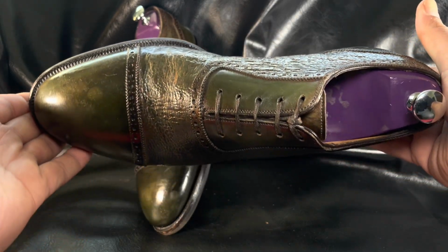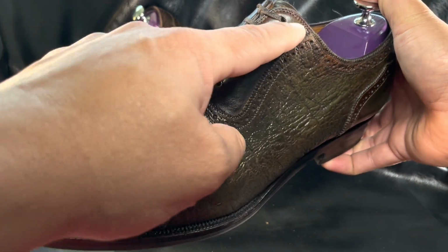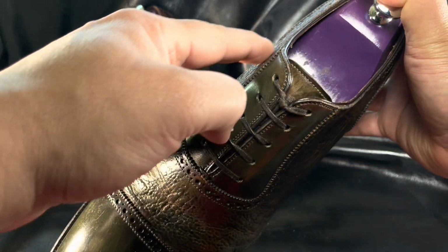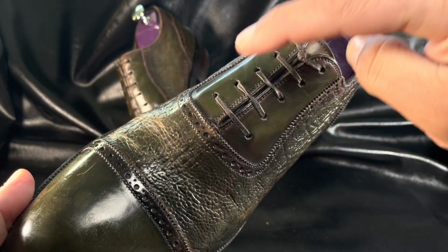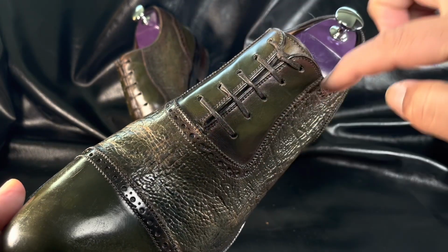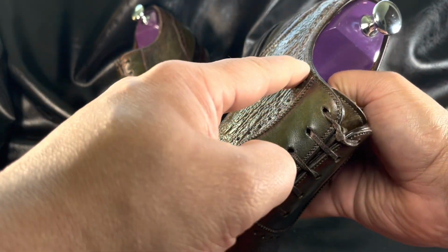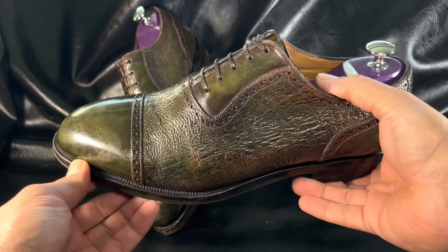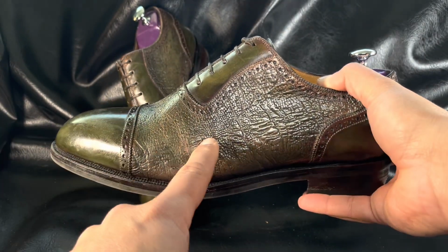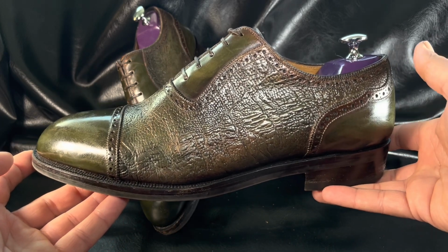You can see this is an Adelaide, meaning that it's an Oxford that has this distinct pattern across the top here, where the facing and the lacing system is separated via this, what some people describe as a U-throat pattern with broguing. What makes the Principes 2 particularly stand out is this very unique leather, which is a vintage Peabody